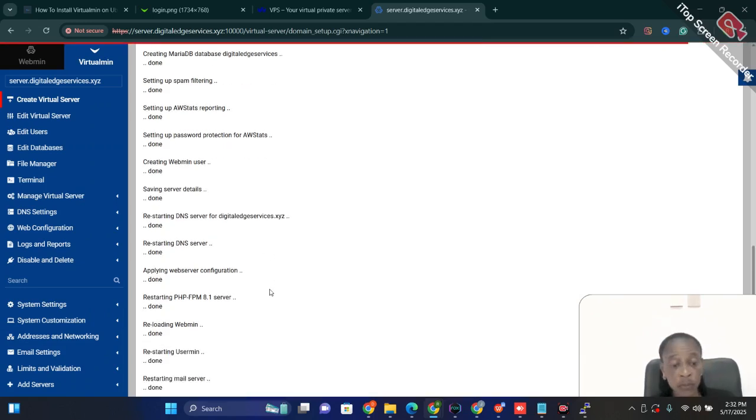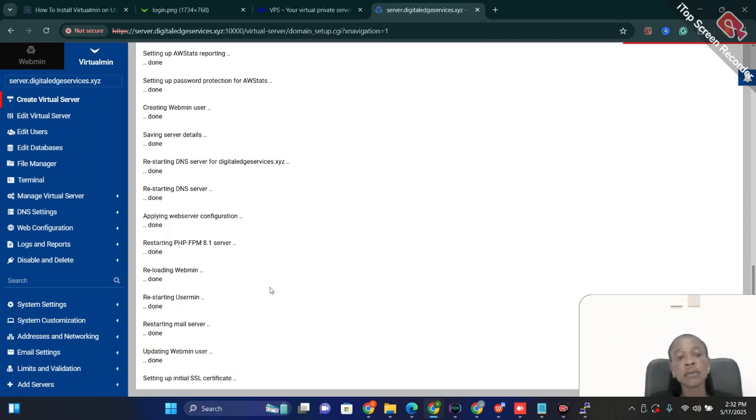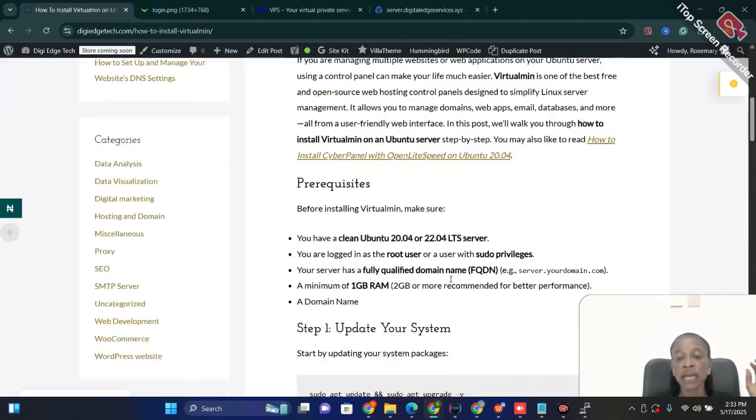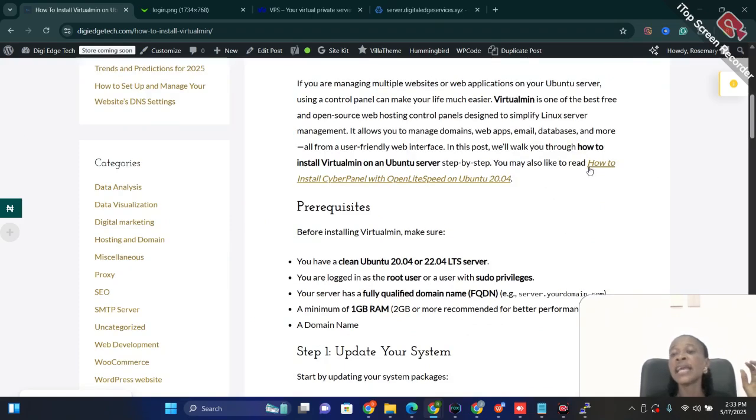Where we're going to install our website one by one, each application. So now, the next thing we are going to do is, because we did not point our domain name server to this IP address, we need to now configure our DNS. If you don't know how to configure DNS, in this particular article of how to install Virtualmin on our website, you can see here I have a detailed blog post that says